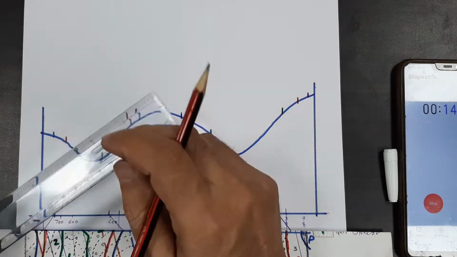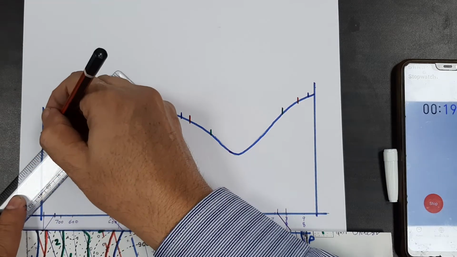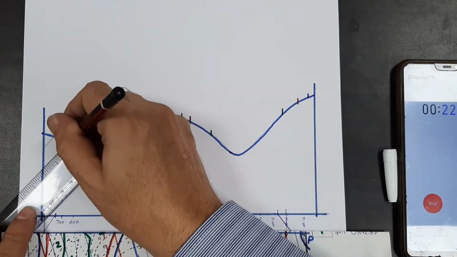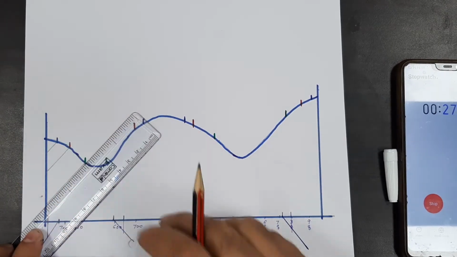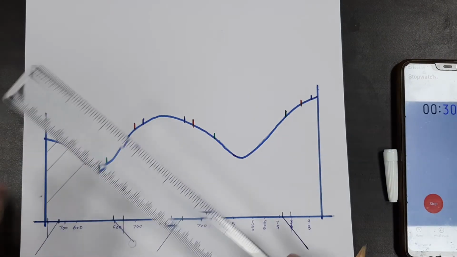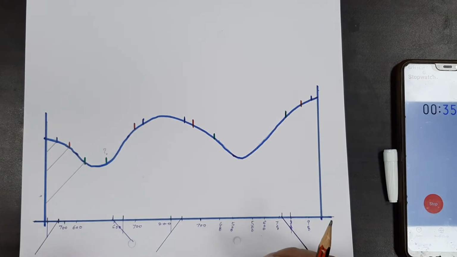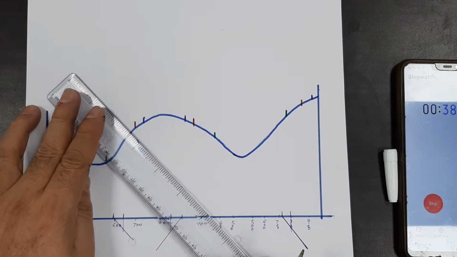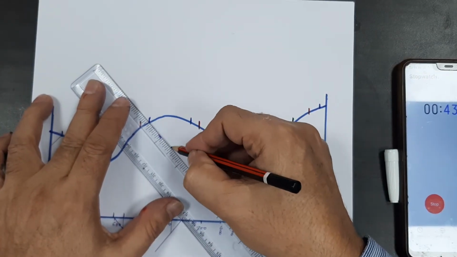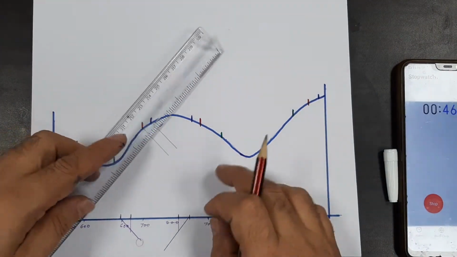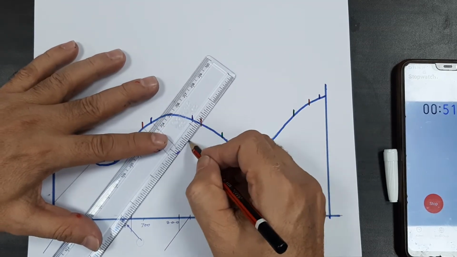So, here you see I am drawing the contacts as per their angle of dip. This contact will go in this direction, this will also go in this direction, and this will also go in this direction. If you check your map, you will get the angle of dip for all these contacts. This contact, I was not having 2 strike lines on it, so I have put a question mark. These 2 contacts will run parallel to this angle. Then again these 2 contacts are going to run parallel to this angle, see here.